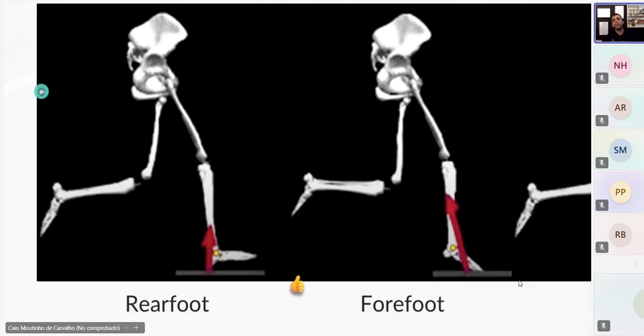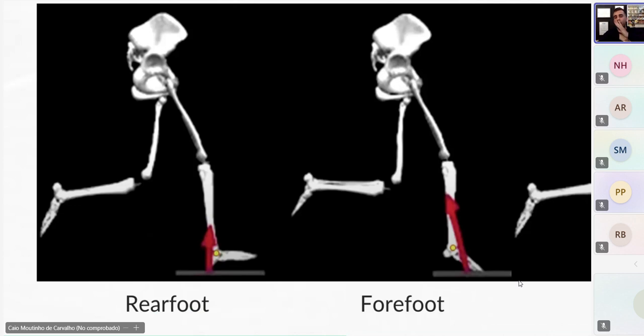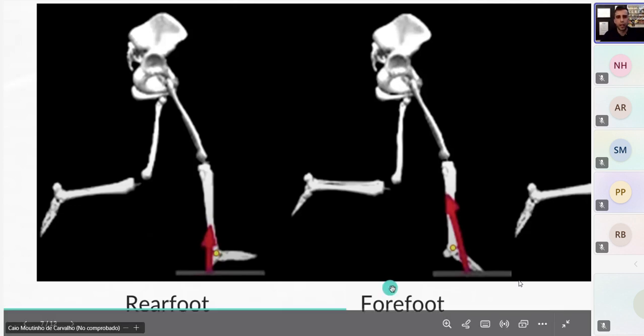So when you're landing, if we're landing rear foot, what happens? Our initial contact point on the ground is the heel, which is behind the ankle point, which is behind the articulation point. What does that mean? If you imagine, I don't know this word in English, but anyway,